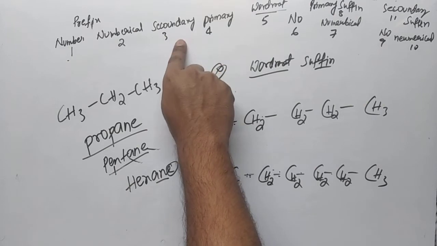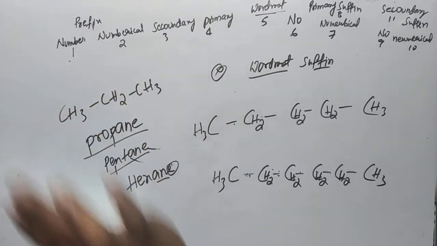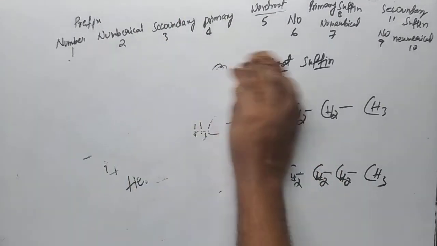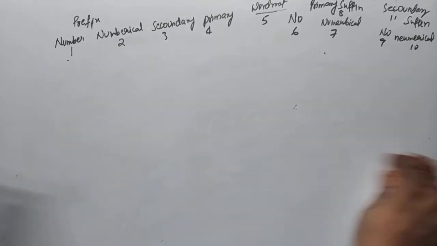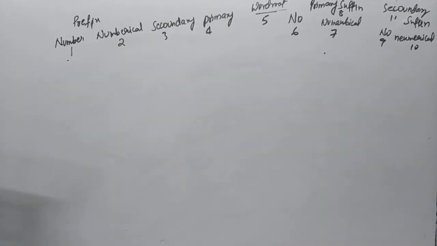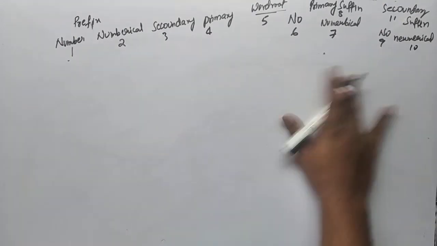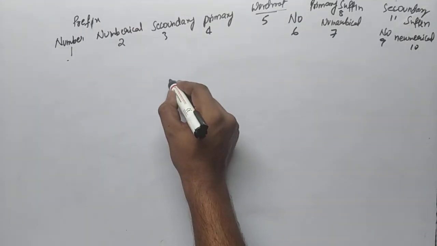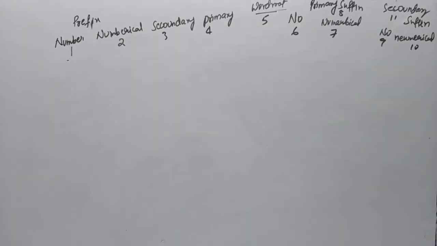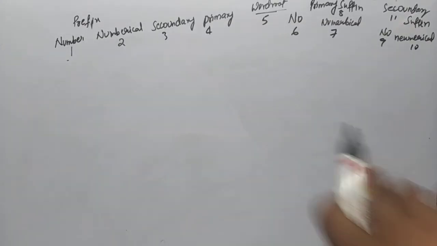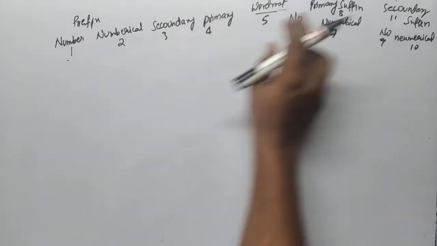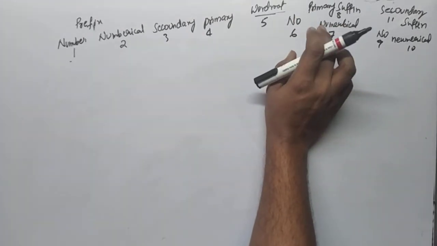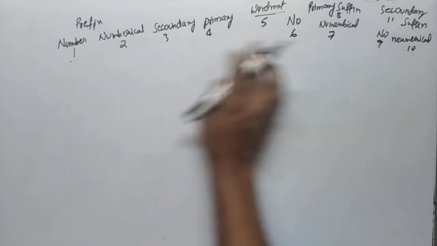Whenever you have a secondary prefix, you will definitely have a number prefix too. Next I am taking some other examples, with some secondary prefix. First we will see an example with primary prefix. We have taken an example of primary prefix with a single bond. Now we'll do it for the double bond. Then we'll go for the prefix.